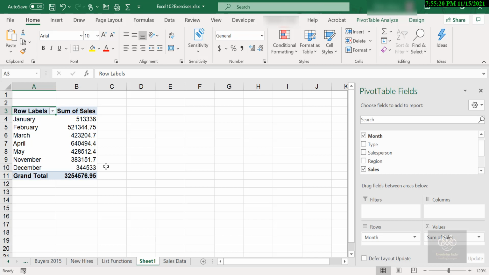Now let's break it out even more. This is great, but what if I want to include the various products? We got a monthly breakdown for sales, but now I want to break down the products in each month. So I go back to my field list and grab the Type, which is the product, like ice cream, tasty treats, and so on, and I drop that into the column section.